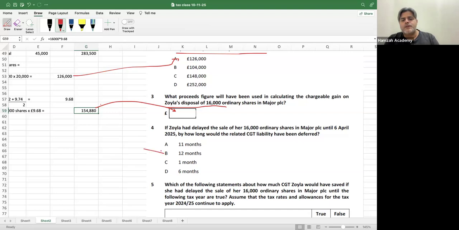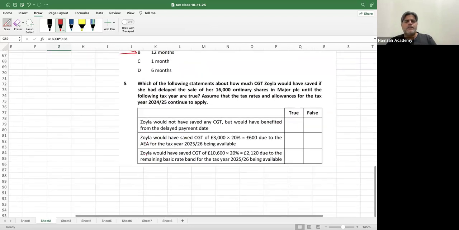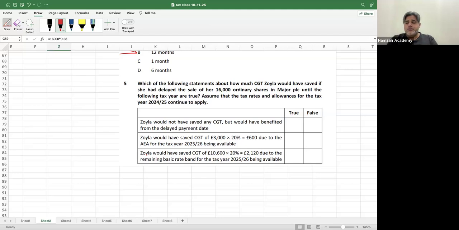So I'll go for the 12 months over here, because exactly by 12 months she would have deferred the amount for the payment. And then, which of the following statements about how much CGT Zoila would have saved if she had delayed the sale of her 16,000 ordinary shares in Major PLC until the following year are true? Assume the tax rates and allowances for the year 24-25 apply. Zoila would not have saved any CGT but would have benefited from the delay as far as the payment is concerned. Now, talking about the saving on CGT,